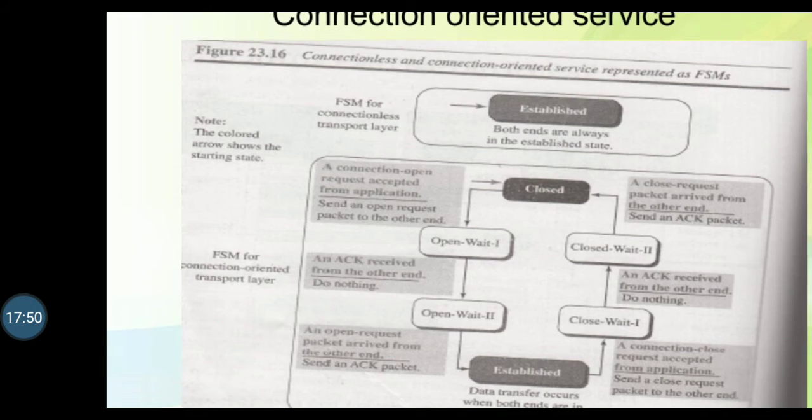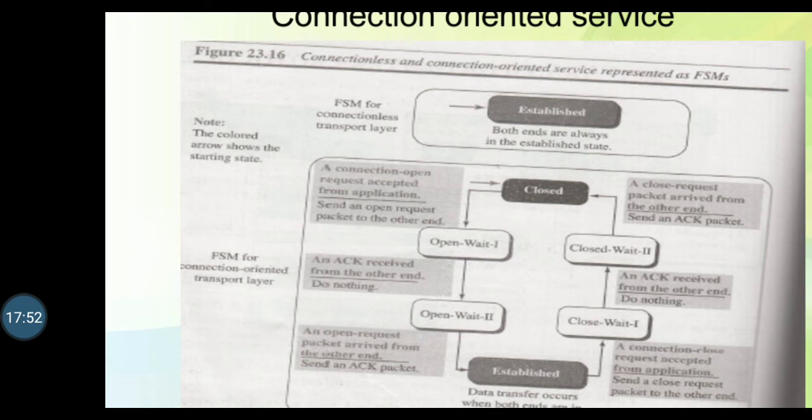This diagram is for connectionless. The machine on each end is in the established state, ready to send and receive transport layer protocols. So this is the FSM for connectionless.